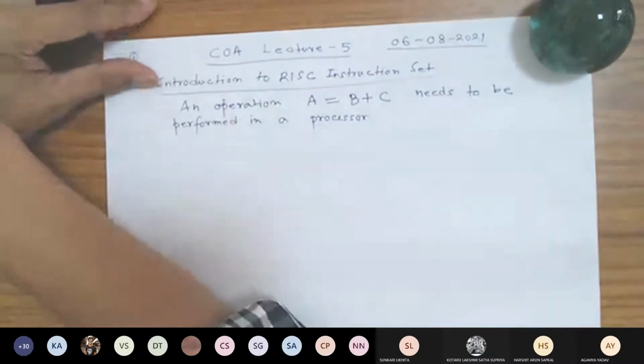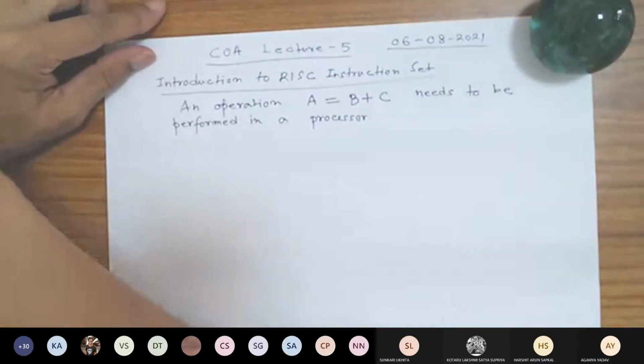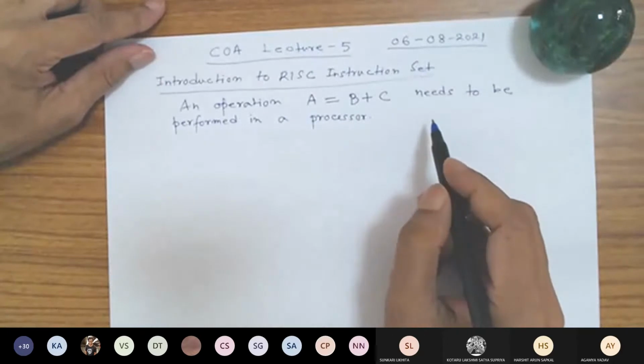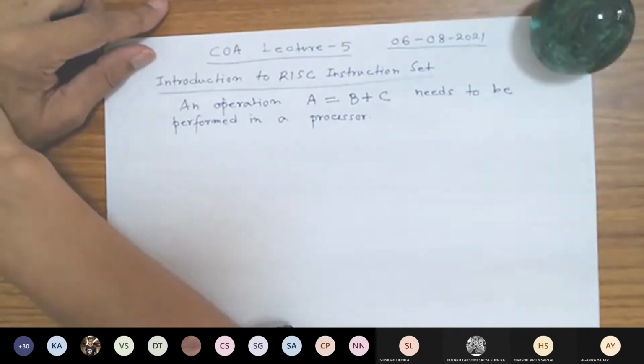If I ask you that an operation A equals B plus C needs to be performed in a